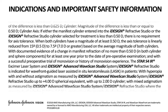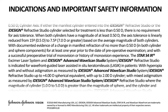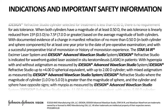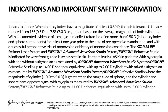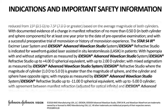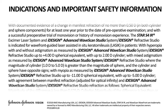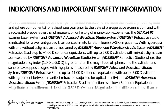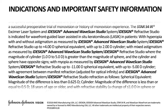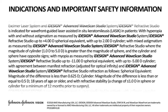The STAR S4 IR excimer laser system and iDesign Advanced Wavescan Studio system, iDesign Refractive Studio, is indicated for wavefront-guided laser-assisted in-situ keratomileusis (LASIK) in patients with hyperopia and without astigmatism, as measured by iDesign Advanced Wavescan Studio system, iDesign Refractive Studio, up to plus 4D spherical equivalent with up to 2D cylinder, with mixed astigmatism as measured by iDesign Advanced Wavescan Studio system, Refractive Studio, where the magnitude of cylinder 1D to 5D is greater than the magnitude of sphere, and the cylinder and sphere have opposite signs, with myopia as measured by iDesign Advanced Wavescan Studio system, iDesign